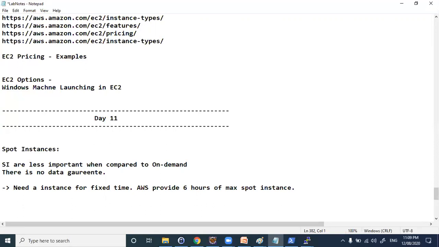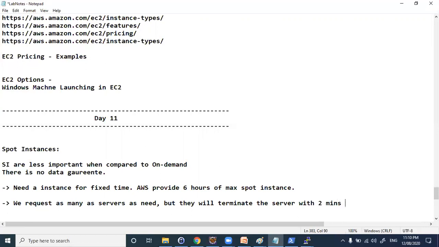This is one type. In the second type, what happens, right? We can request as many servers as we require, as we need, but they will terminate the servers with 2 minutes notice.